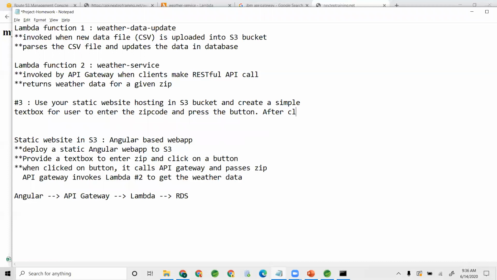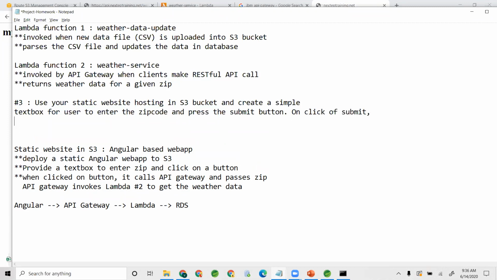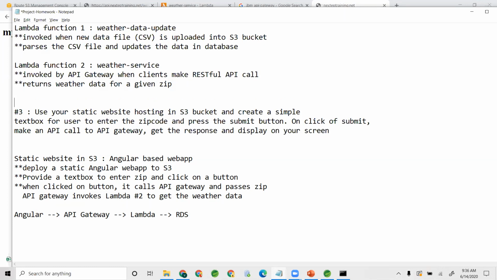After click, and after press the submit button or something. And after click, on click of submit, make an API call. Make an API call to API gateway. Get the response and display on your screen. That's it. And before this, of course,